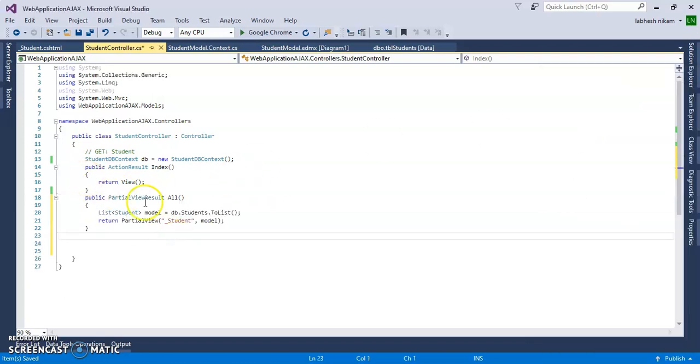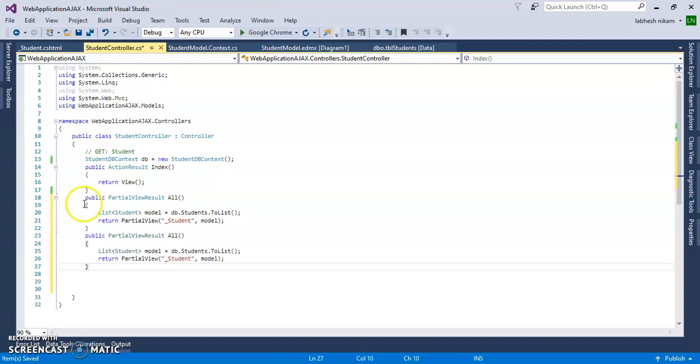I have created this public partial view result for all the total marks of all the students. It returns a list of the student table, model equal to db.Students.ToList, and return PartialView with the name of the partial view that we have created, and this object here. Let's copy this and add another partial view action for the top 3 students.